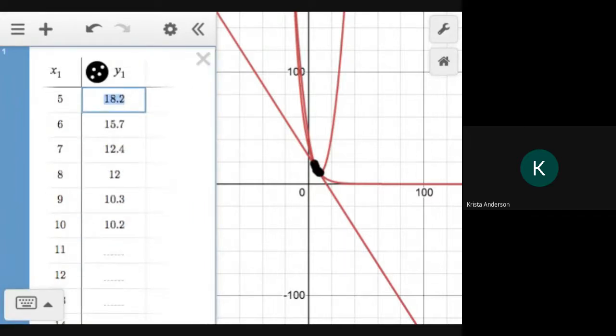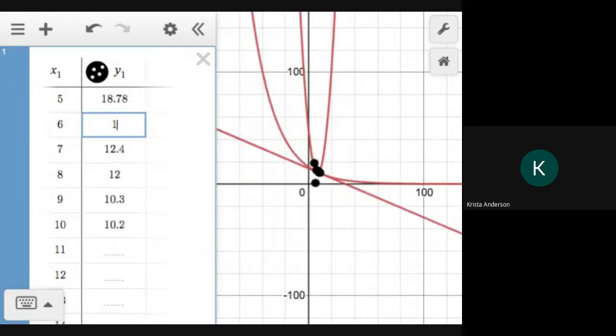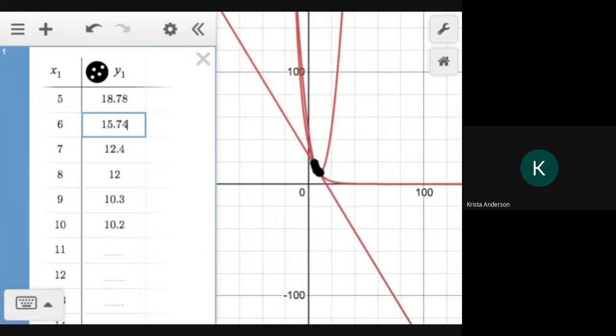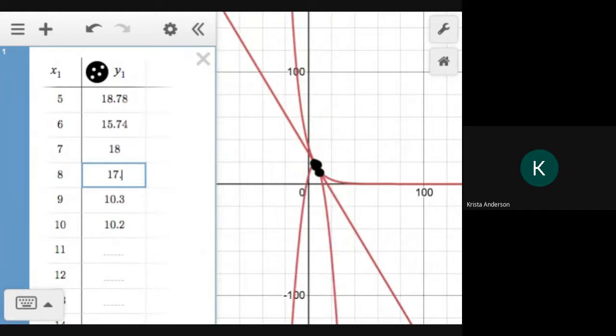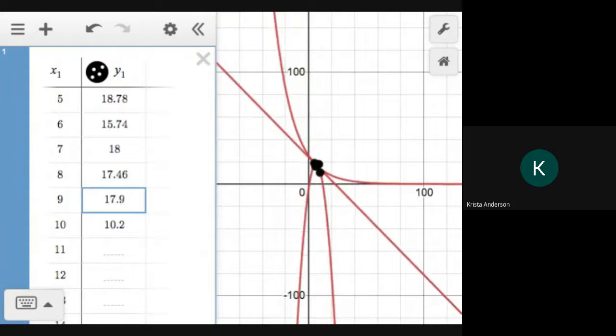And I enter the right side for the Y table. I can't do that looking back and forth. Sorry, I'm moving it. 18.78, 15.74, 18, 17.46, 17.92,